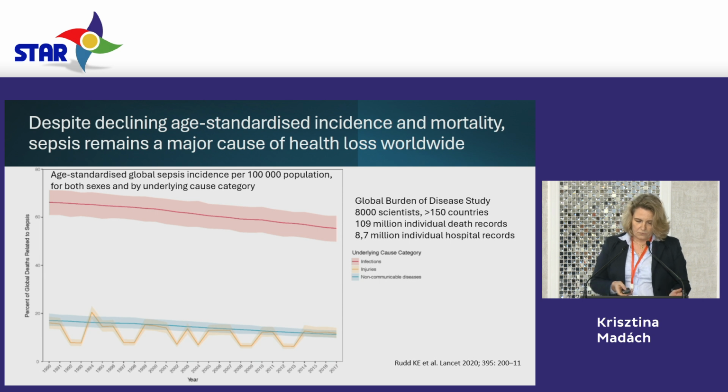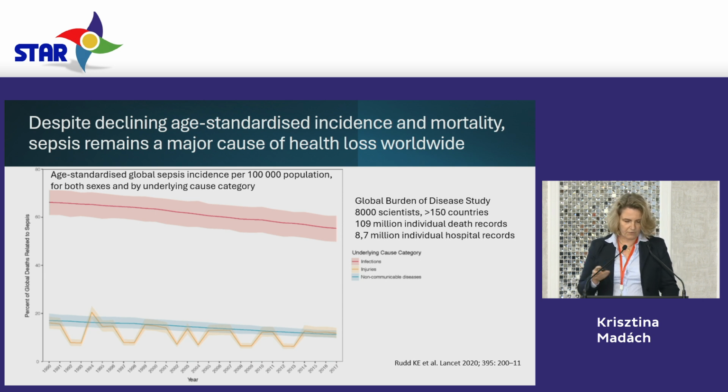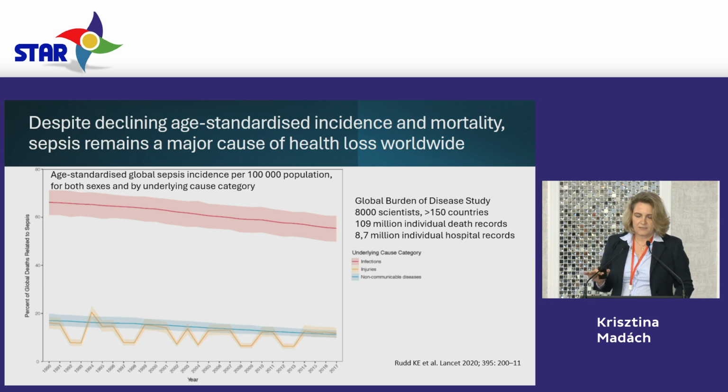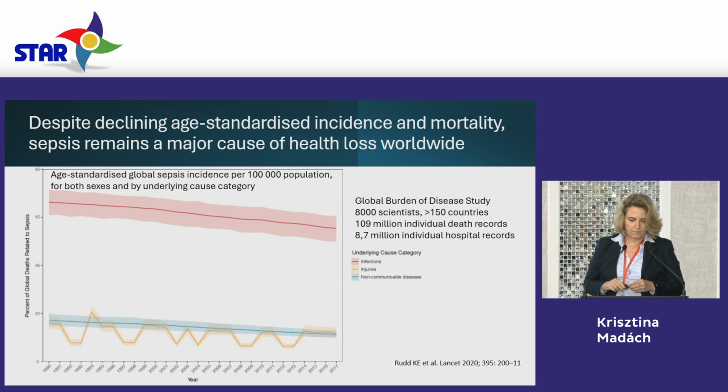What is important to emphasize, if you have a look at the graph, you can see in red the sepsis of primarily infection origin. That means the patient was admitted to hospital due to infection. But we have two different graphs as well. The blue one is due to non-communicable diseases, which means that the patient was admitted to the hospital due to hypertension, diabetes, cardiomyopathy, tumor, and so on, got infected there, and that's how he will die in sepsis later on. And the yellow line is very important.